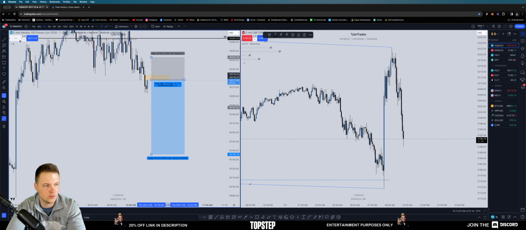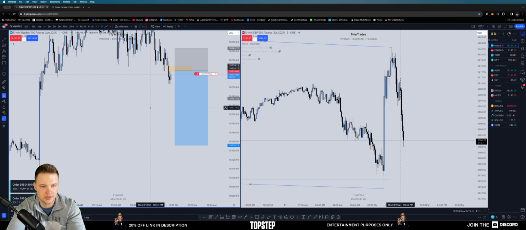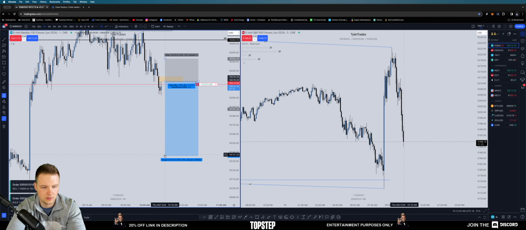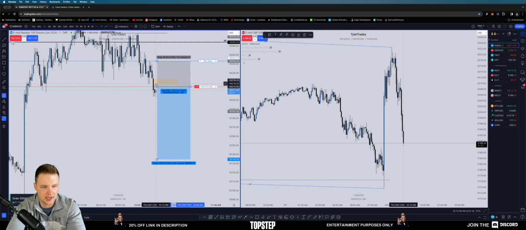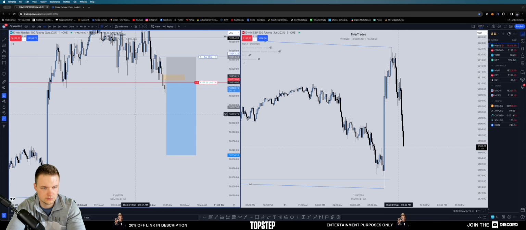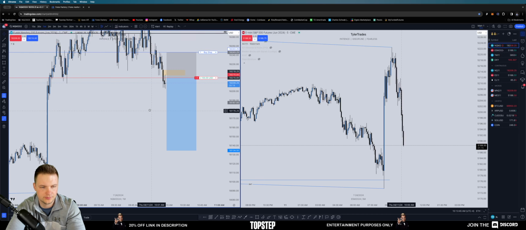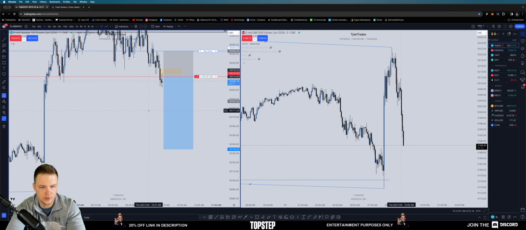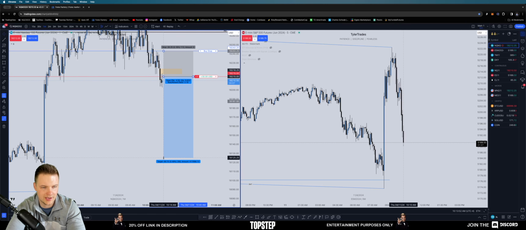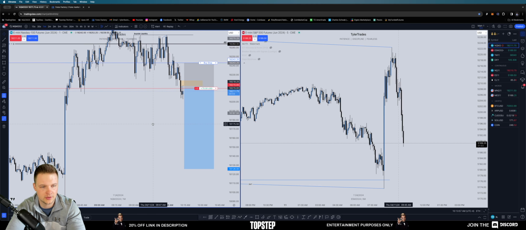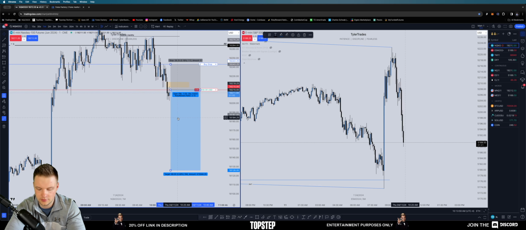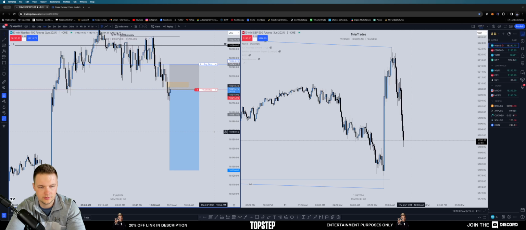I think I will hop in with one there. Nice, got a shitty fill. Tried getting this entry right at the gap. I put my stop here above the order block candle. I could probably get away with 2 contracts here, but I'm only going to do one because I am not super confident right now, if I'm being totally real with you, in these shorts. But just piecing everything together that we're seeing so far,